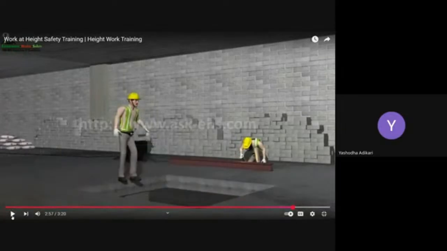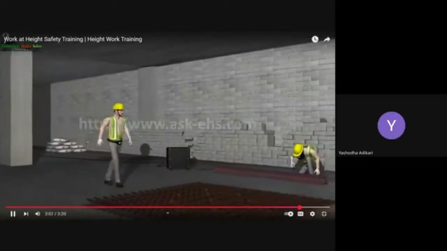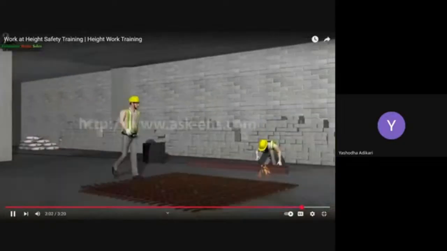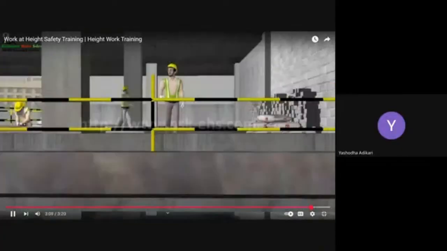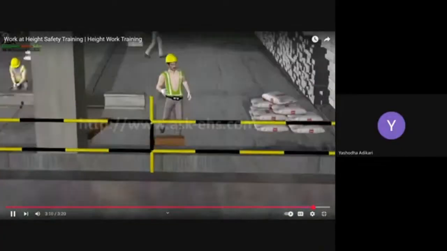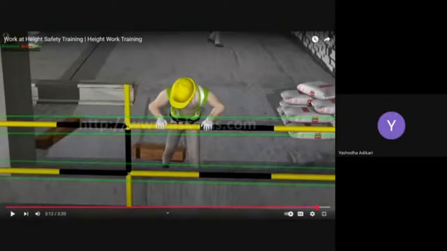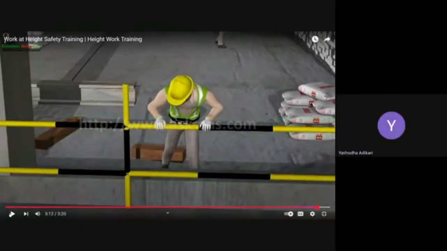The use of a physical barrier or barriers which prevent people from falling. It prevents a person from being exposed to an open edge. Here, all edges of your building should be covered like this. It helps you avoid falling down of the people and the material both. Hence, it prevents them from falling.